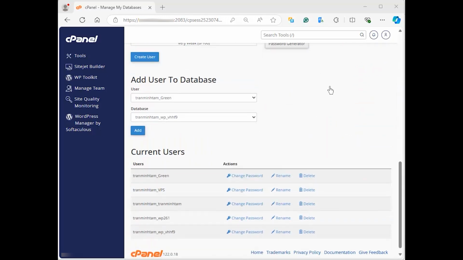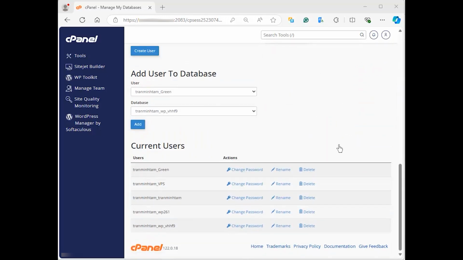At the bottom of the page, under the current users, look for the database user, then click on the Change Password icon in the Actions column. Remember that the database user you are modifying should be the assigned user for the database that requires the password